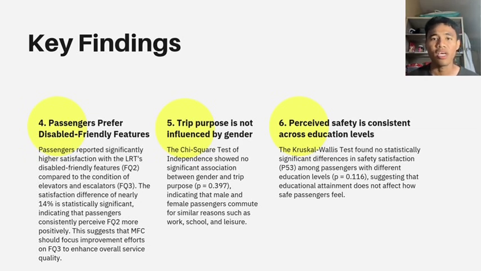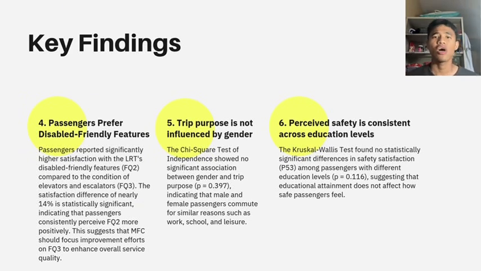For question 2B, we test whether gender affects satisfaction. Male passengers had a slightly higher average score than females, 3.47 versus 3.34, but the difference was not statistically significant, with a p-value of 0.264. So we conclude that satisfaction levels are similar across genders and gender doesn't appear to influence how passengers rate the